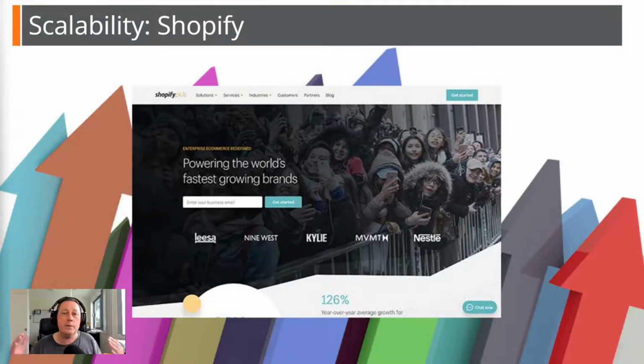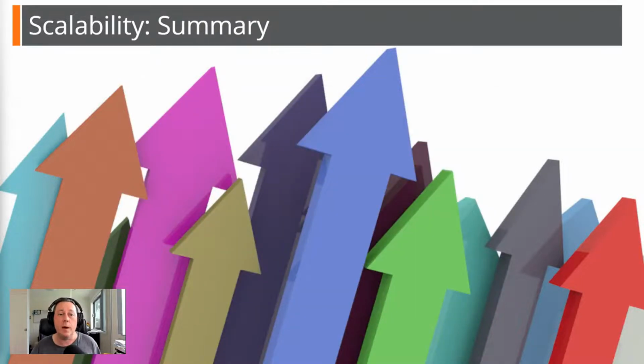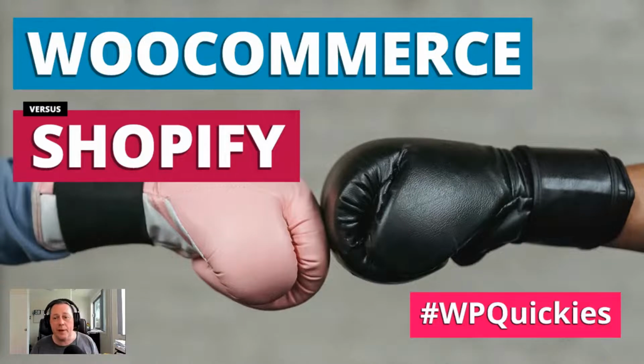Now, you may need to upgrade to a higher plan in order to get all the performance your online store needs during those busy spikes. Otherwise, you can just leave your Shopify store on autopilot, and it will scale up and perform as it needs to. So I think both Shopify and WooCommerce are excellent platforms in their own right for scalability. Overall, I think Shopify and WooCommerce do really well in their own worlds.